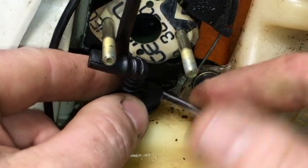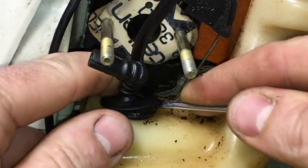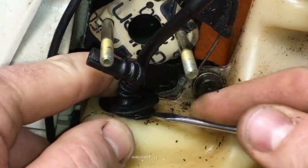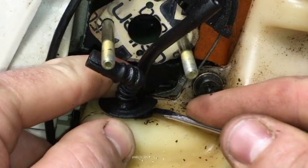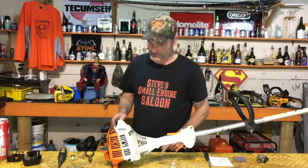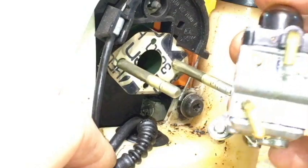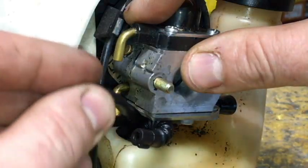Push that back down in the tank, and yes, a little tiny screwdriver is going to help you get that back down in there. You can do it without it, but if you got a little tiny screwdriver, shove that back down in there, and it pops right back into the fuel tank. Now, these fuel lines go on a specific way. Slide that carburetor back on the way you took it off, and